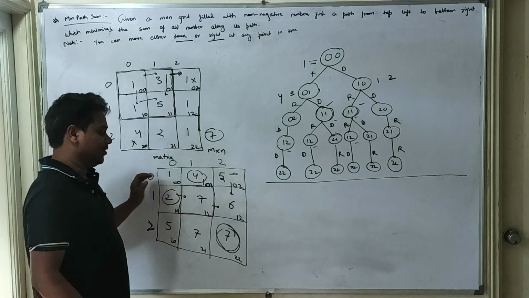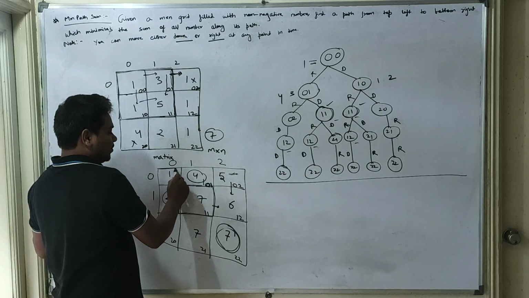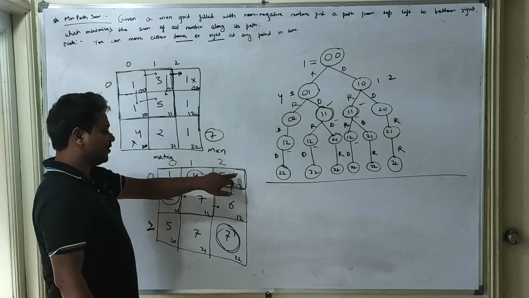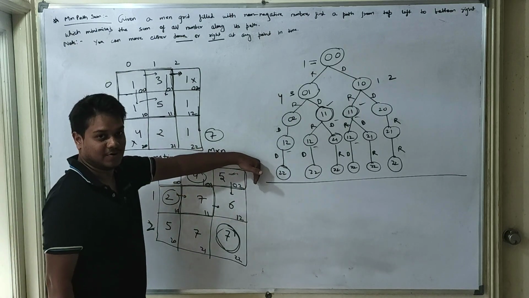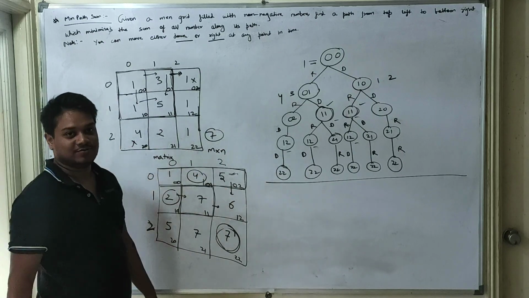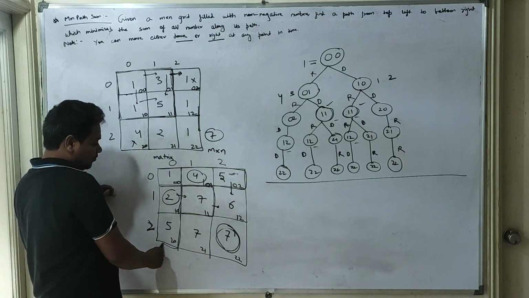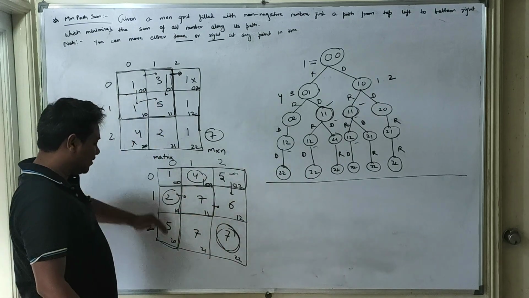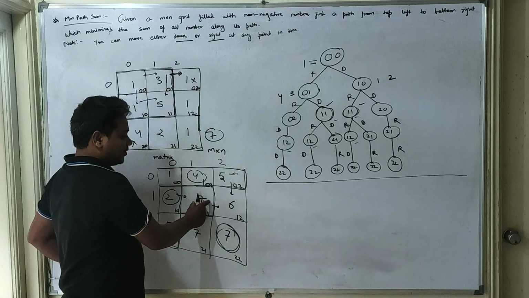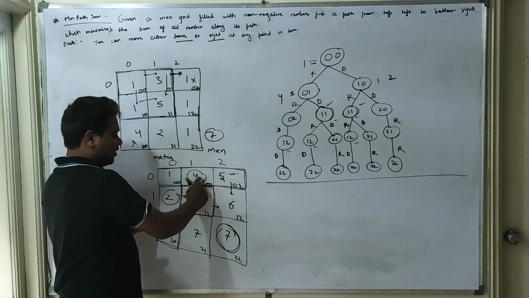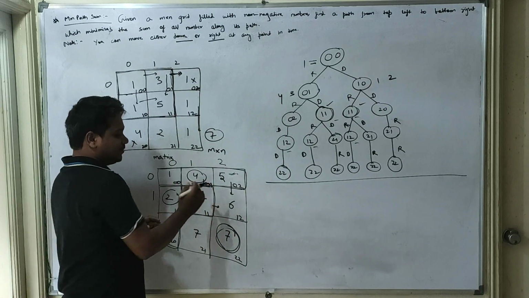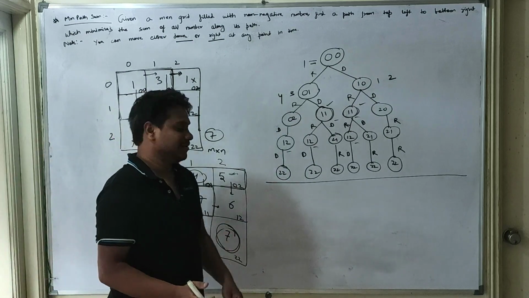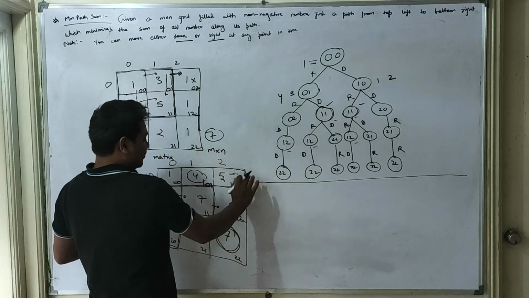So how do we write the program for this? The program is pretty simple. For the columns, we will keep on filling it till we reach the end of the particular column, and we will keep adding the previous values to that. Then for the rows, we will do the same thing. We will keep adding the previous value to the current node until we reach the end. Now for this particular cell, we will find the minimum out of the cell which is just above it or the cell which is left of that, and then we will add it, and we will get the value.